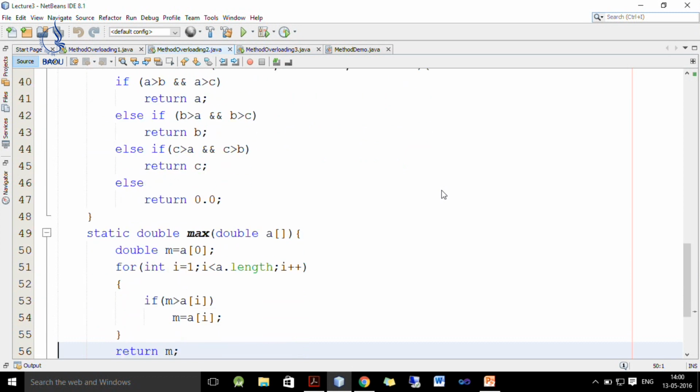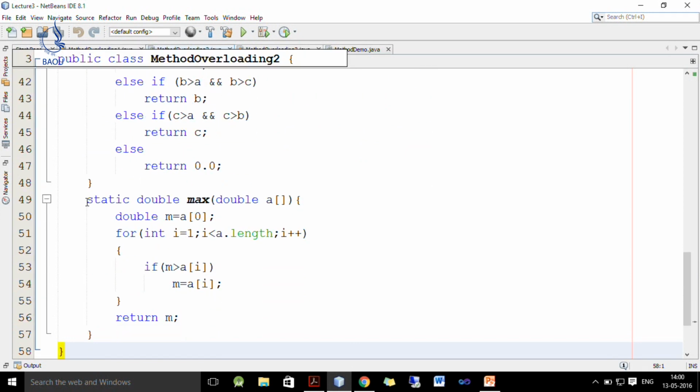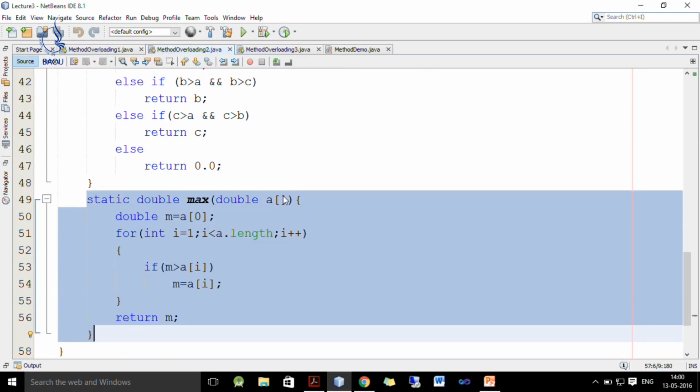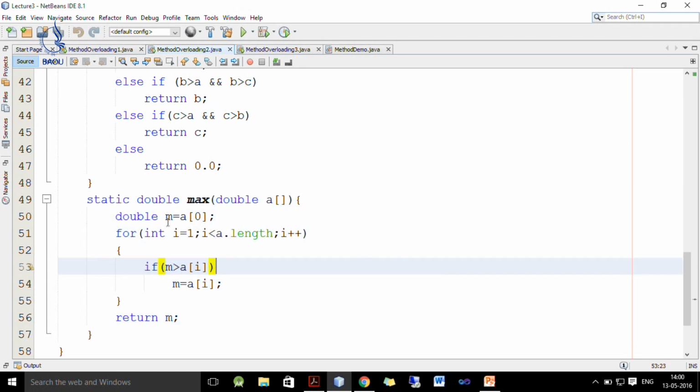The last method takes an integer array as an argument. Initially, we assume that the first element is the maximum.